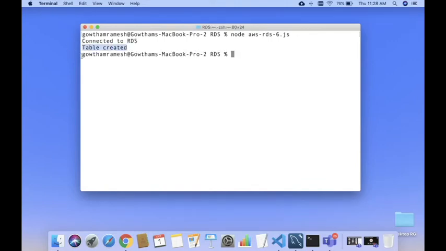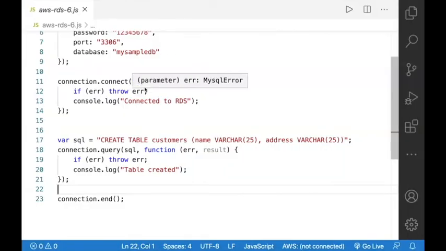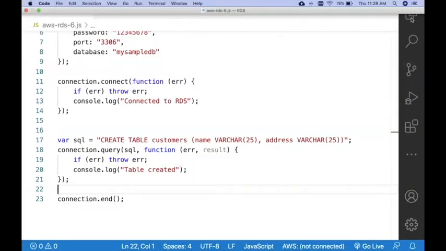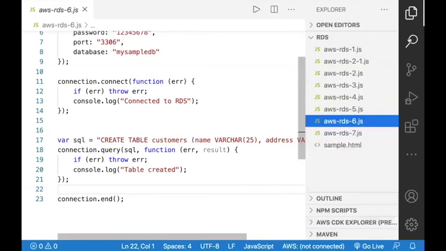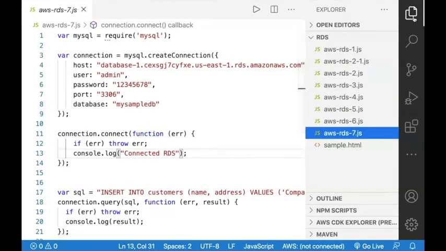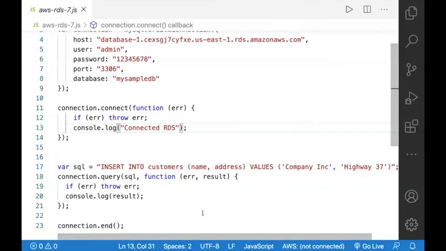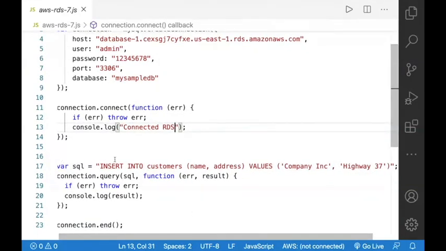Okay, table created. So how do you push values inside the table? Look at this particular program. In the same program, you can write an insert statement.